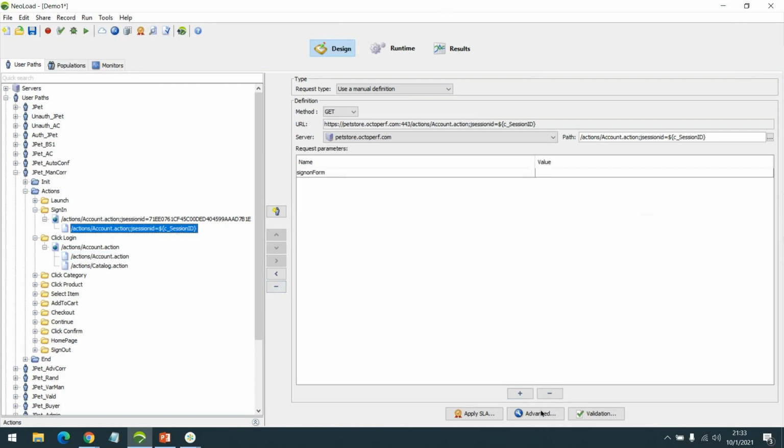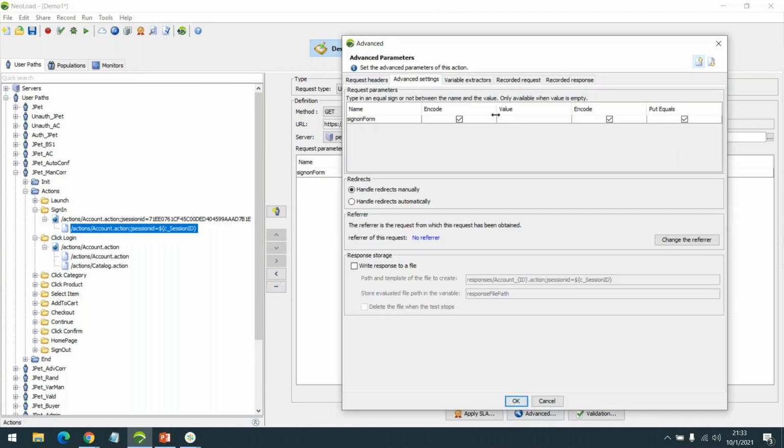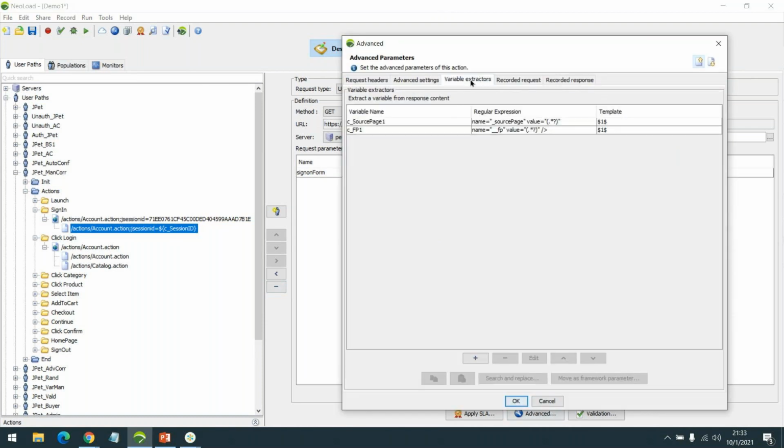If we simply go to advanced and go to variable extractor, here is where we have to create these values. In the upcoming session I will demonstrate how this is created.